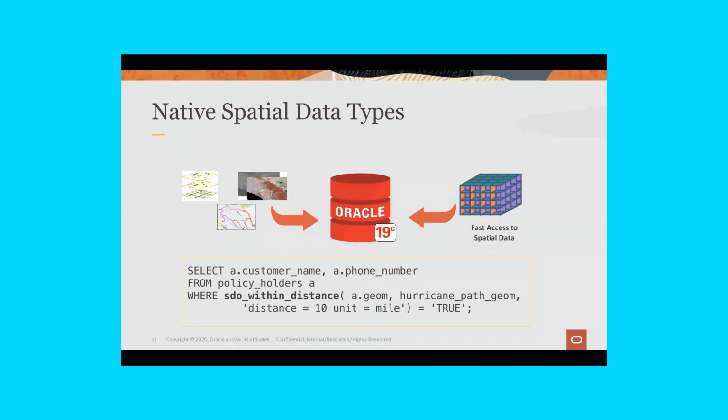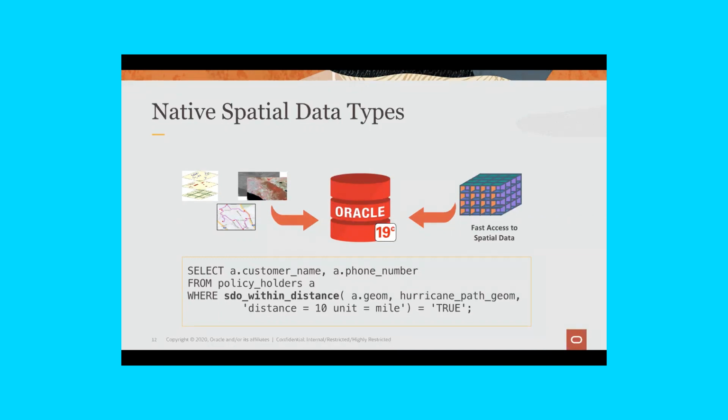A simple example is you have customers, and some hurricane is coming in. You're an insurance company, you have a bunch of policyholders, and you have addresses for those policyholders. So you geocoded them, and you have a geometry for each policyholder. Now there is a hurricane coming, and we have the hurricane path defined. We want to identify all of the policyholders who are potentially in that hurricane path.